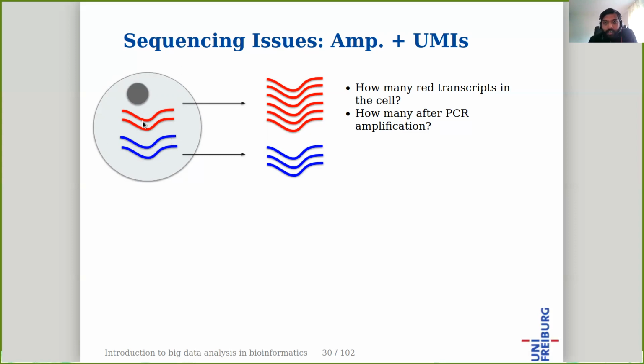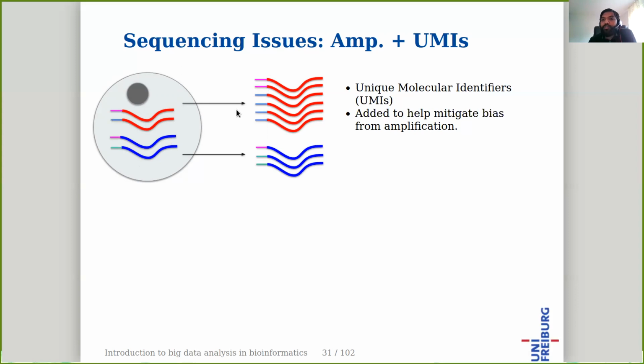So to overcome this amplification problem, this overcounting or undercounting of the real number of transcripts in the cell, what we employ here are so-called unique molecular identifiers. The unique molecular identifiers are similar to the cell barcodes that you saw, but this time they're also really tiny sequences, maybe 5 or 6 nucleotides long,